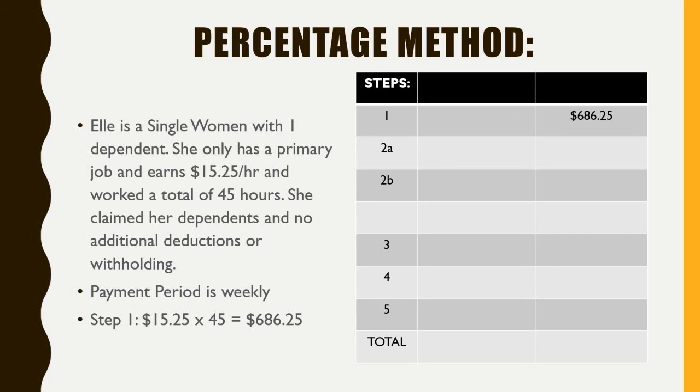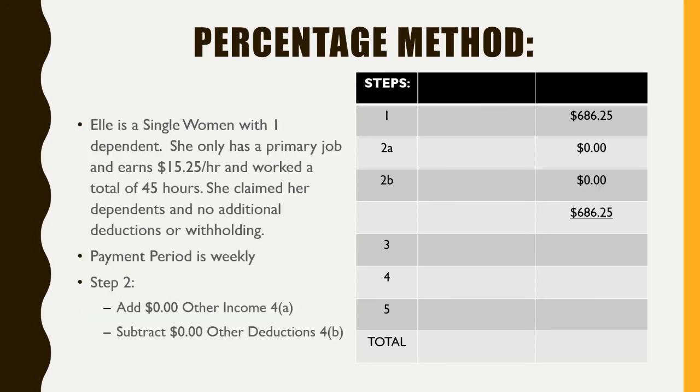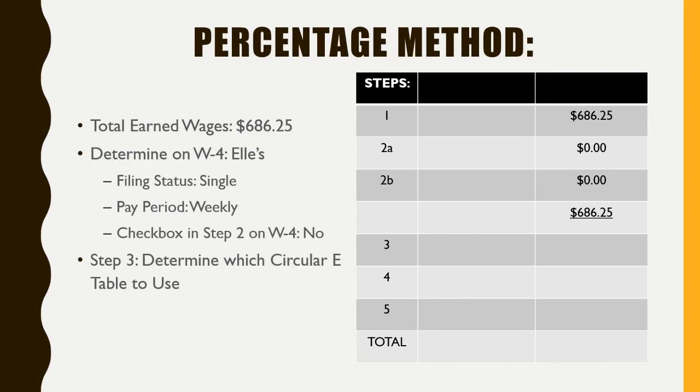So once again, because this is her primary job and she's not taking any other extra deductions, that's automatically 0. So 0 for part A, which is if she has a secondary job, what are her total earnings? Part B is what are the extra deductions she is going to claim. Nothing. So in this case, we're just going to be focusing on her gross wages of $686.25. Now step 3 is we need to go determine through the Circular E table which